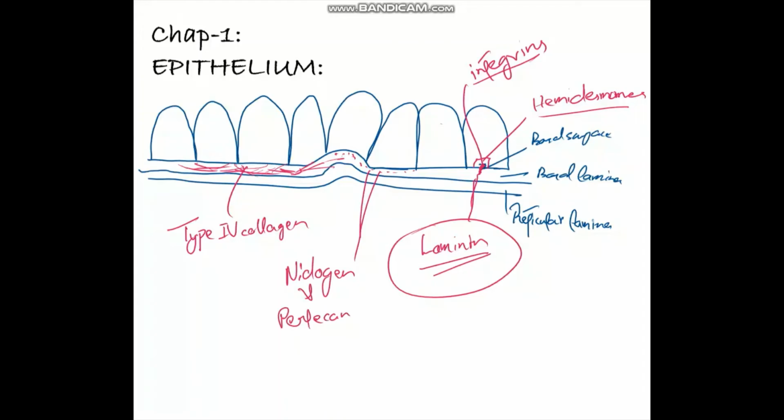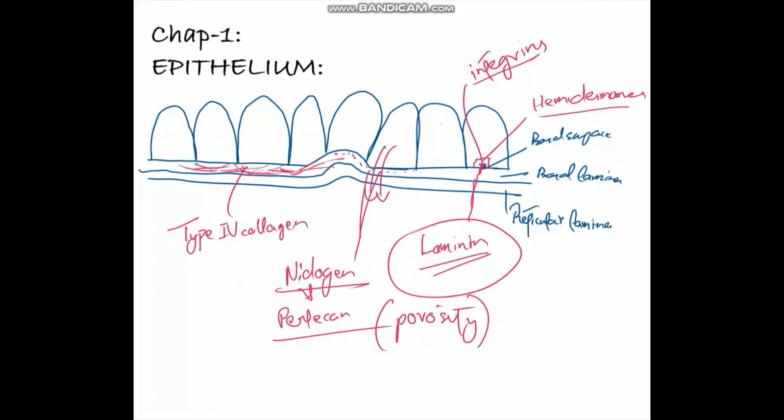They determine how porous this basal lamina is, so how much exchange of materials is allowed through this epithelial tissue. So these may be important in tissues where exchange is going on, for example the kidneys, the lungs, etc. So far we've studied three things: the laminin that binds to integrins and hemidesmosomes, the type 4 collagen meshwork that is present for support, and nidogen and perlecan determine the porosity of the